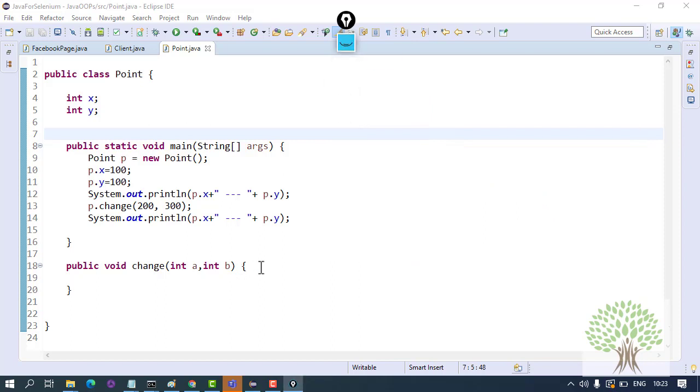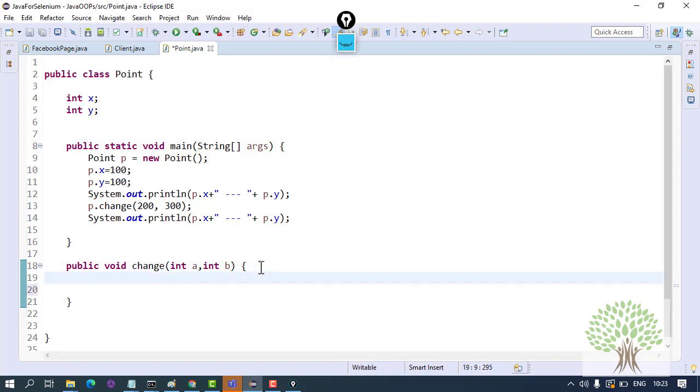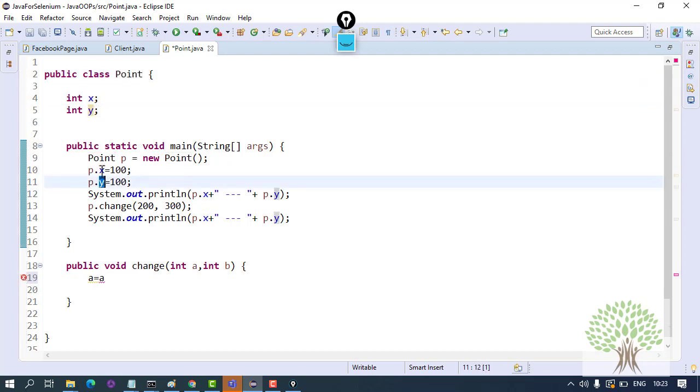Alright, if I write over here that a equals to whatever, I want to increase the value of x over here, the x coordinate of the object. Fine.